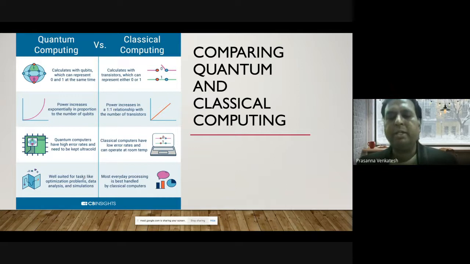It has to be kept at a sub-zero temperature, around minus 236 degrees Celsius, which is a typical temperature at which you have to keep quantum computers. Only then will you be able to experience the actual qubit executions.